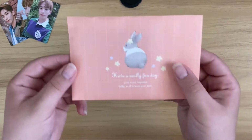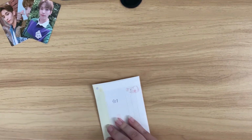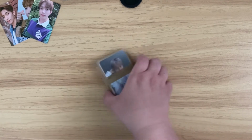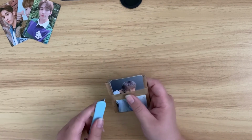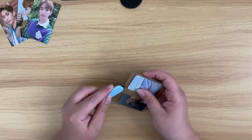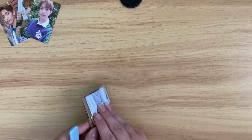This is really cute. This was what I guess the seller sent everything in. It's a really cute envelope. I like it. Let's see what's inside. Yes, so these are some Yoshi cards. I was able to complete chapter 3 photo cards with this haul, so chapter 3 should be done for Yoshi then. I think I might need one of his postcards, but that should be it then for chapter 3 for Yoshi,